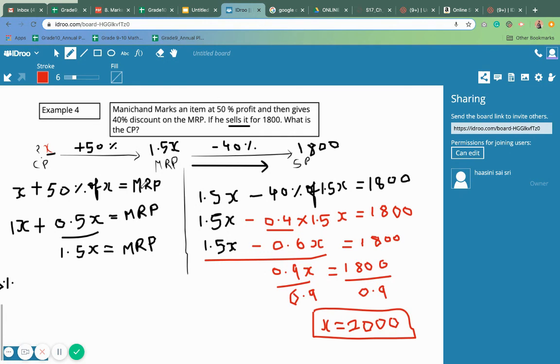Now, every time you look at different scenarios, it follows the same trend, right? It is either the CP to MRP, the MRP to SP, or the whole transaction given like this. So in the questions, they'll be asking you either only this part of the flow chart, or this part of the flow chart, or the whole flow chart.